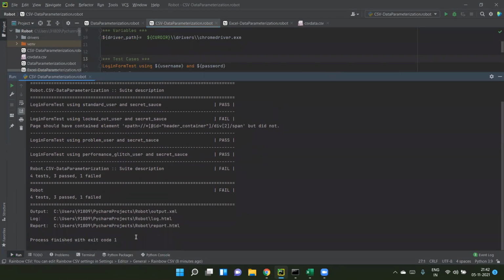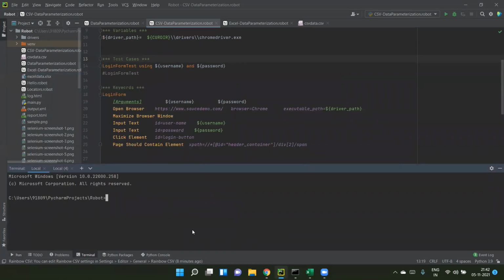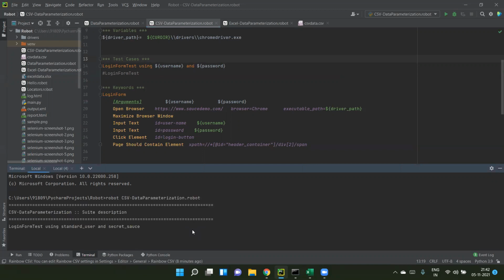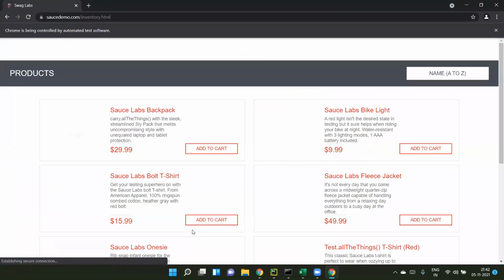And let's try to execute through the terminal as well. It is simple: robot, CSV data parameterization.robot file, enter, and you will see the same kind of execution.